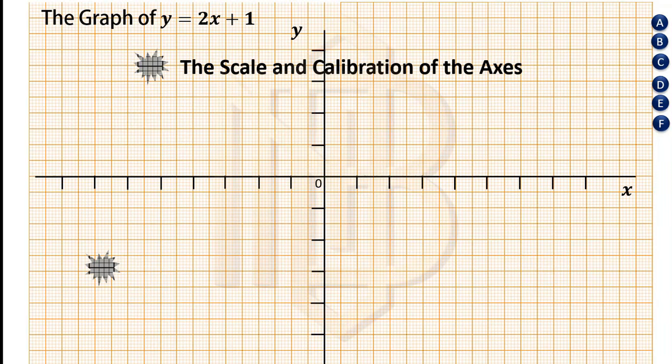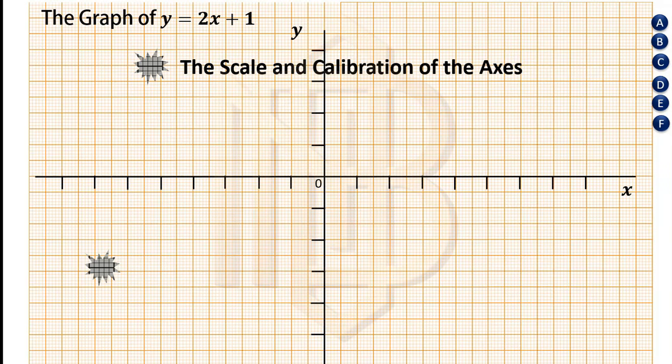Talking about the scale and the calibration of the axis. For the calibration, it means the way we number the axis. And the scale means the measure with which we do the numbering. So now, when talking about the scale, for instance, if you use your ruler to measure from ear to ear,